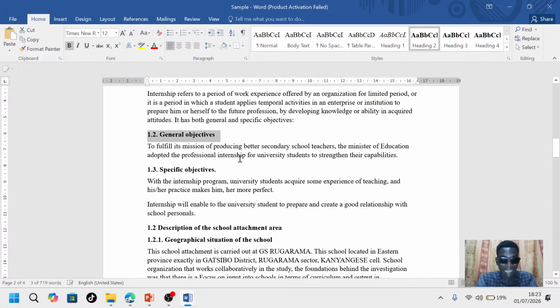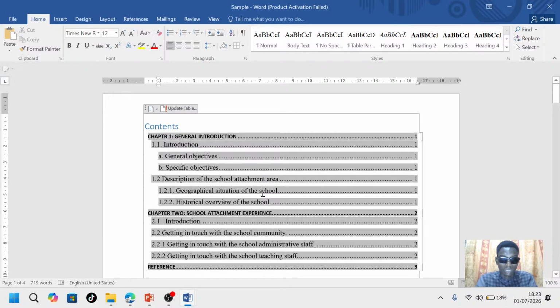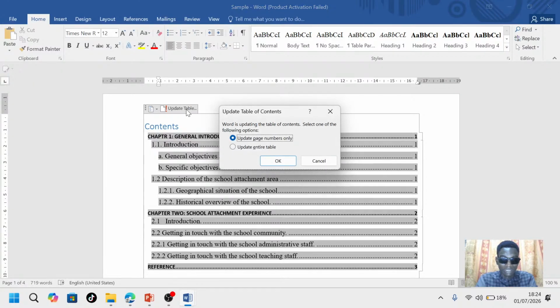Do you see? And also this is heading 2 instead of heading 3. Now once we save it, we need to update our table of content. We just need to come here, select here, click on table of content, then click on this update icon here. Once you click on update, you will get 2 options, either update just page number only or just entire